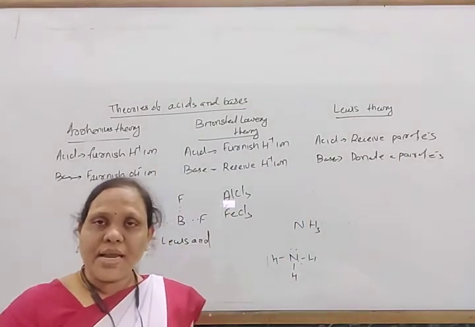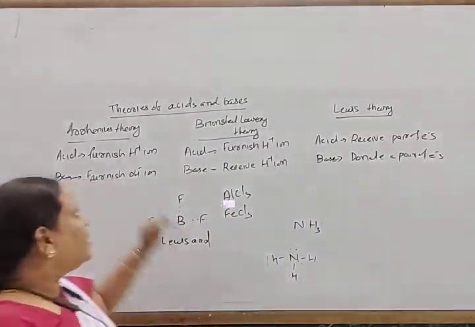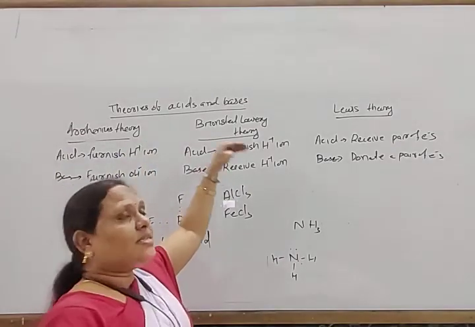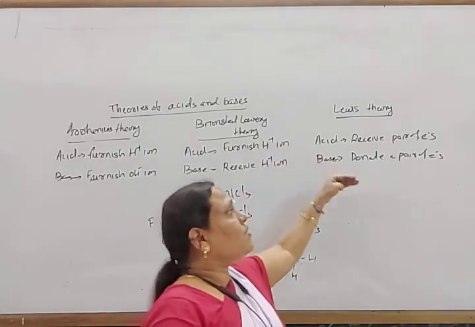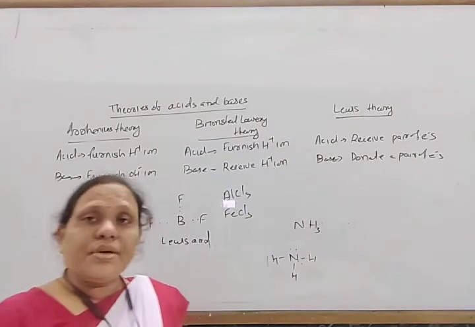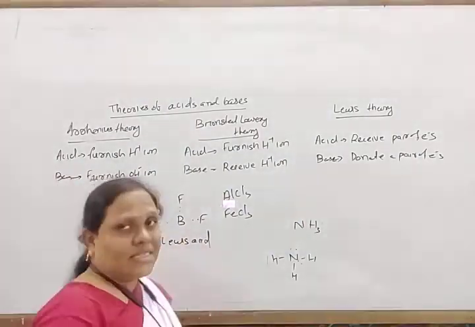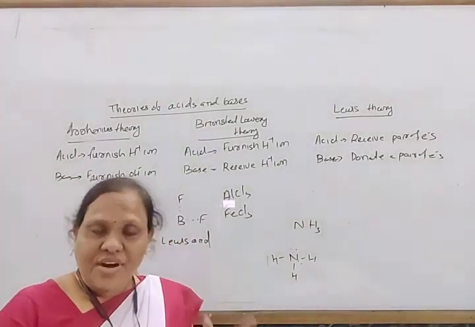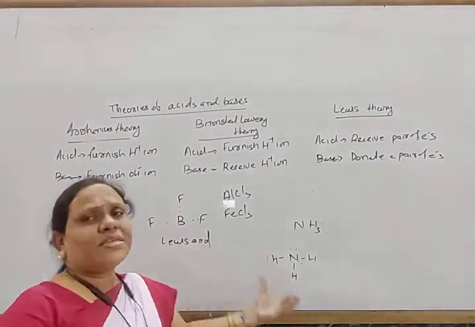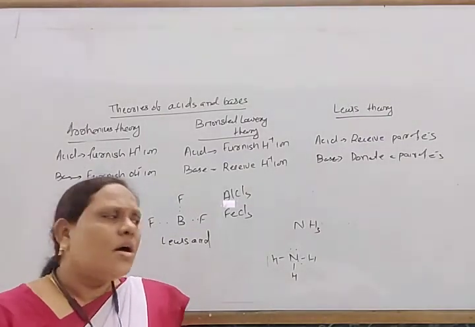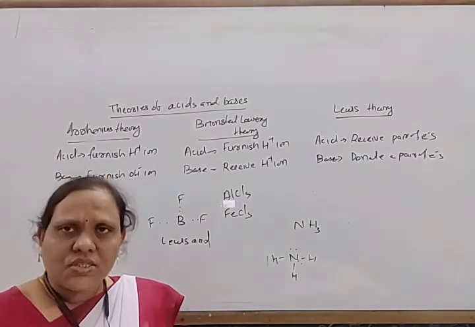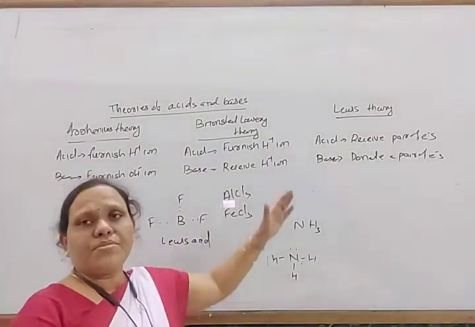So all negatively charged ions and any neutral molecule which has a pair of electrons can act as Lewis bases. Okay. So I think now it is clear what an acid and base is according to Arrhenius theory, according to Bronsted theory, and according to Lewis theory. But still it has some shortcomings, because when a reaction takes place between acid and base, generally the reaction is very fast, but the reaction between a Lewis acid and Lewis base is very slow, because a coordinate bond is formed. The formation of a coordinate bond is slow, so this reaction may be slow.